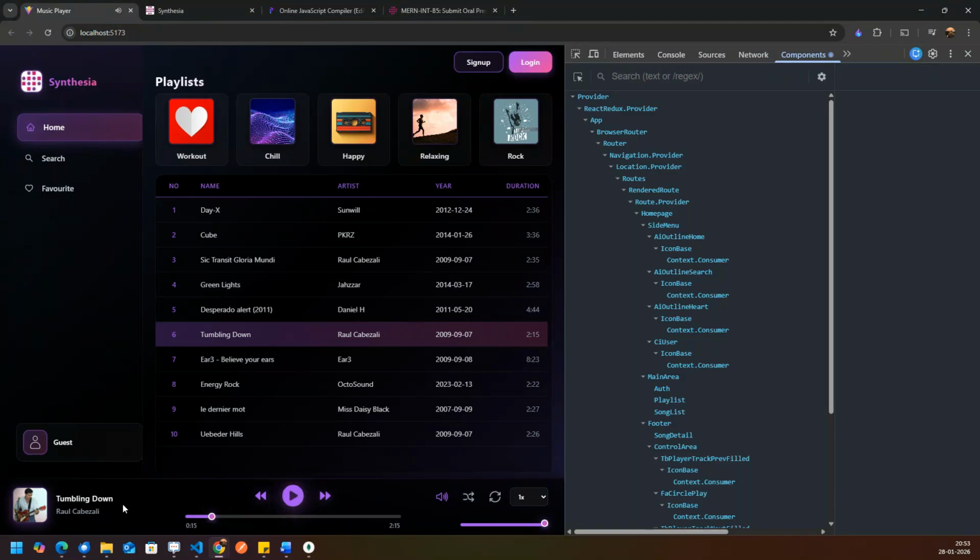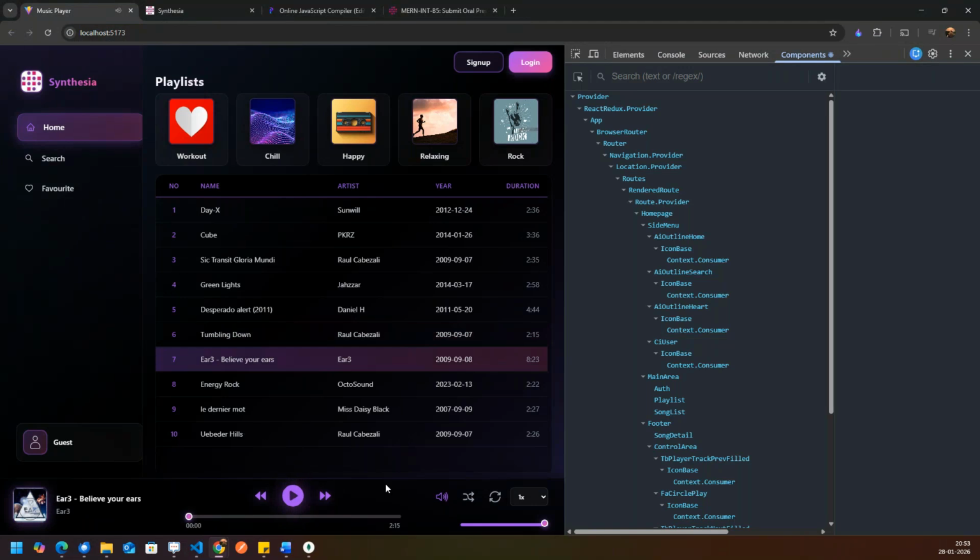So this is what the project looks like. It has the details about the song, and a control area where you can play and pause the song. You can go to the next song over here. We have the mute and unmute function over here. We have the shuffle mode. If the shuffle mode is on, then the loop should not be on. If the loop is on, then the shuffle mode should not be on. Then we have the